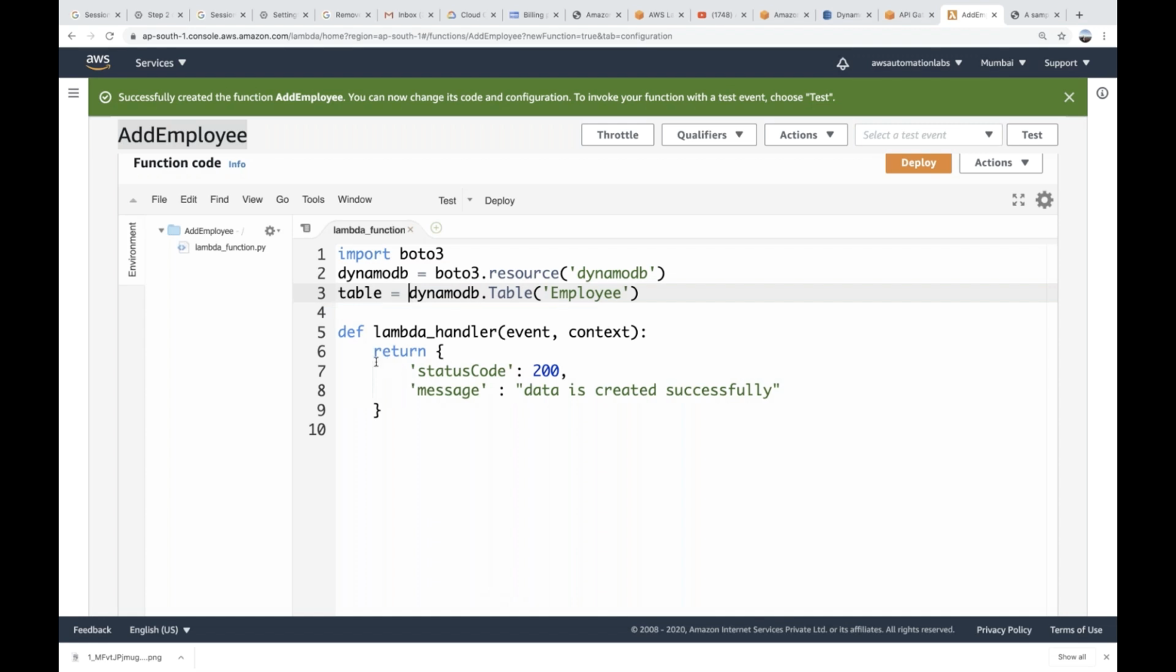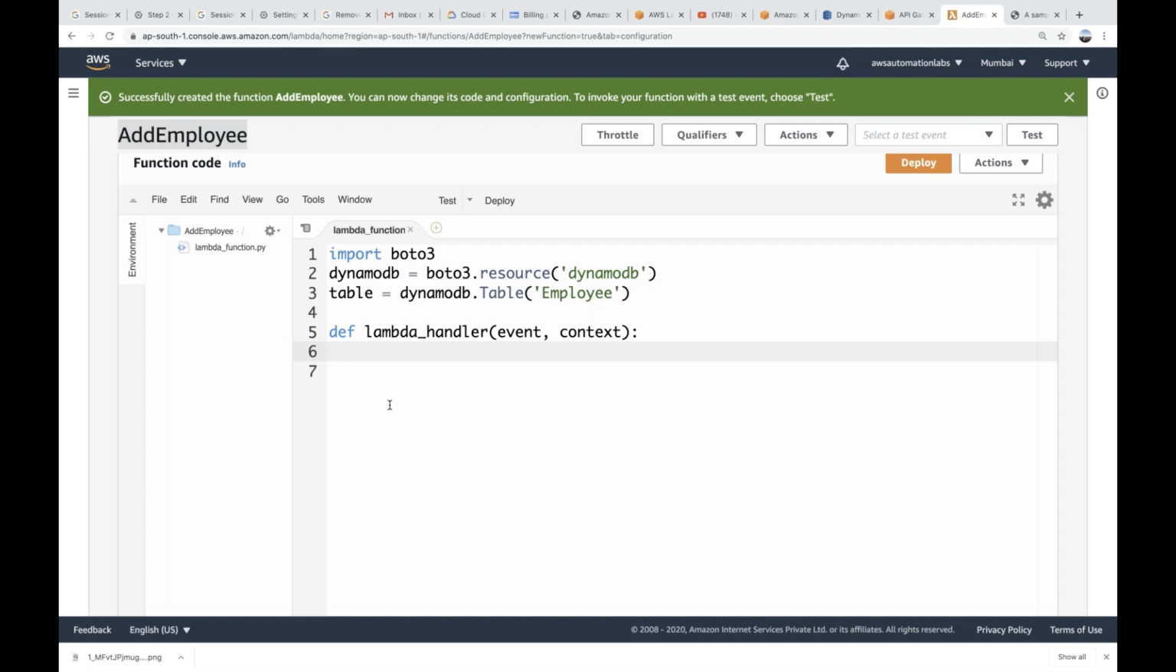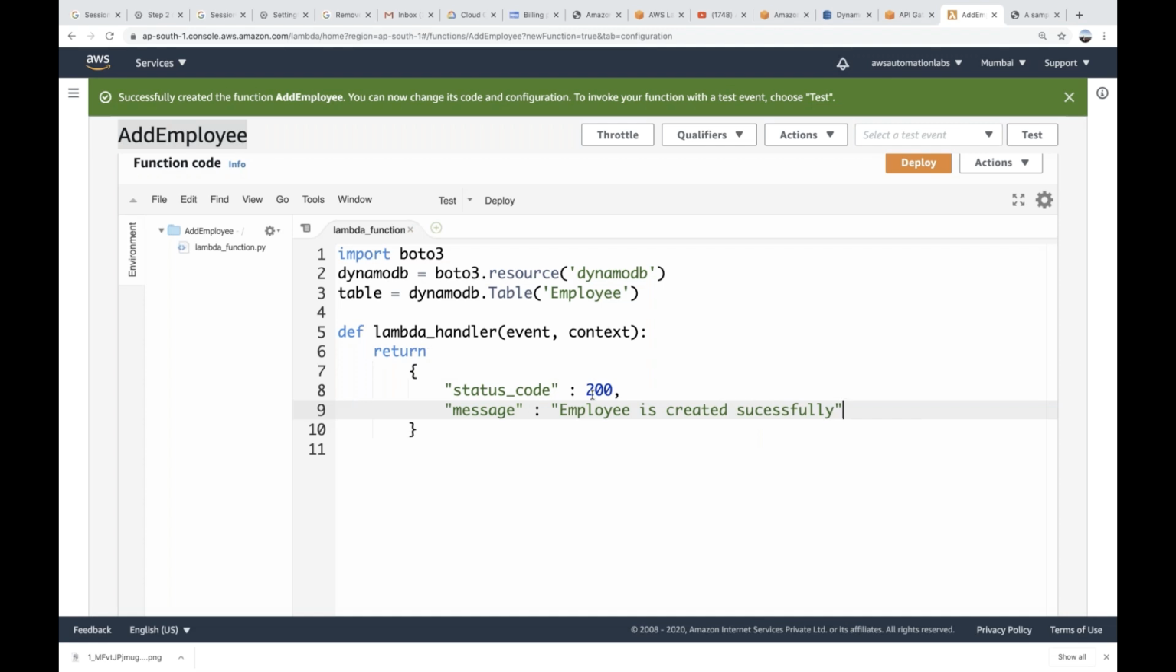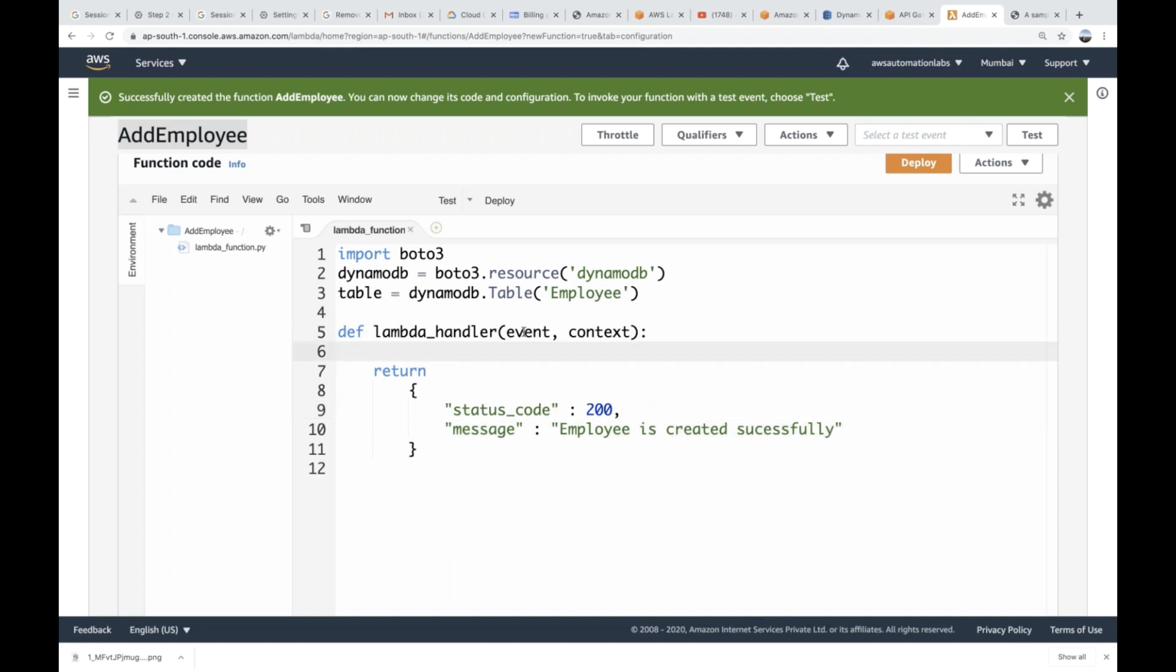Now, I'll take my own return. So let it be like this. What I'm going to do is, I simply say that when this particular function is getting called, you simply return a status code. Whatever status code you want to return, 200, comma, and then I simply say that the employee is created successfully. But before that, whatever the event, meaning whatever the response in this particular dictionary object that you are getting,